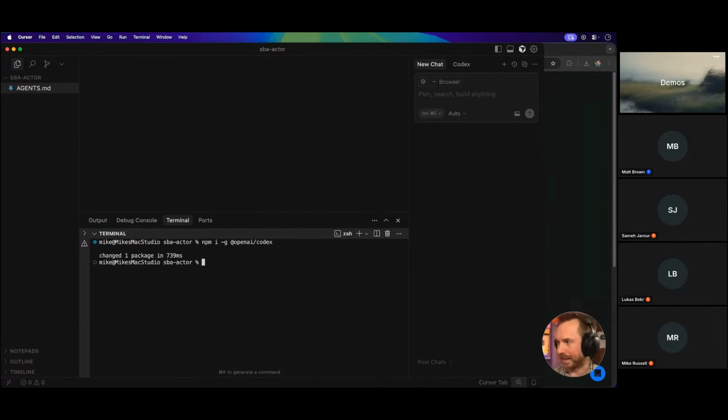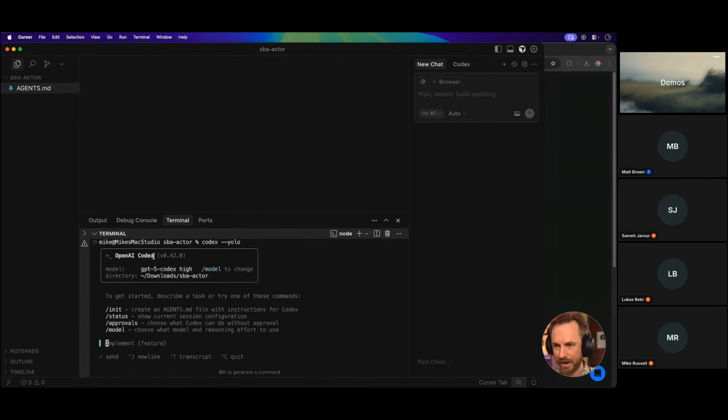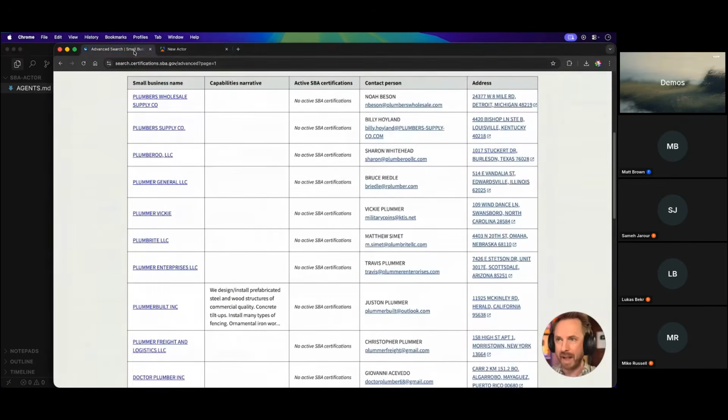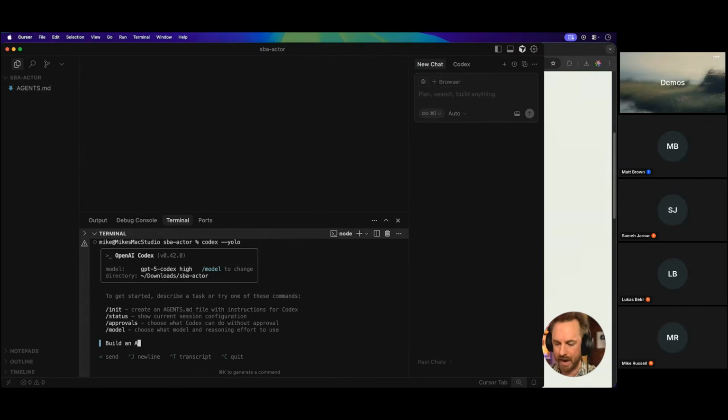First, install Codex. I've already done that. And next, we'll install Google Chrome DevTools with one command as well. And that's all set. Now I can clear my terminal down, and I can type Codex --yolo, you only live once, to run in automated mode. Now you'll see I get OpenAI Codex all loaded up. I'm using the GPT-5 Codex High model to do this, and because I've got all the instructions in my agents.md file, all I need to do is go to the web and grab a copy of this web URL, and we'll just type in a simple prompt: build an Apify actor for this site, and then paste in the URL